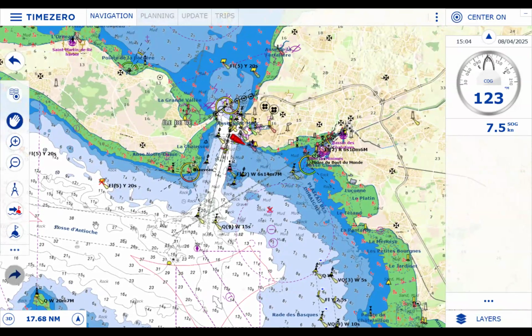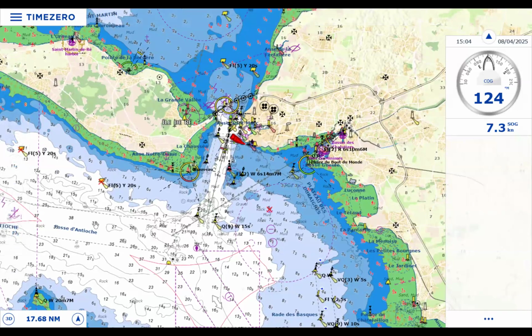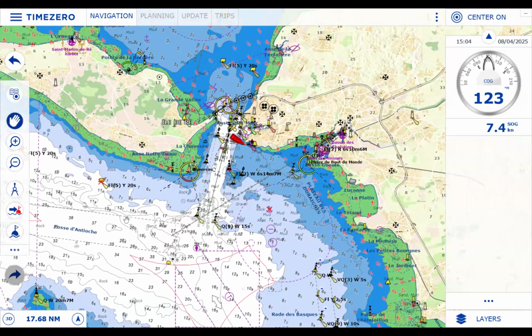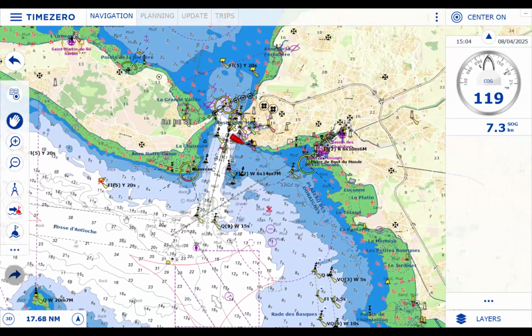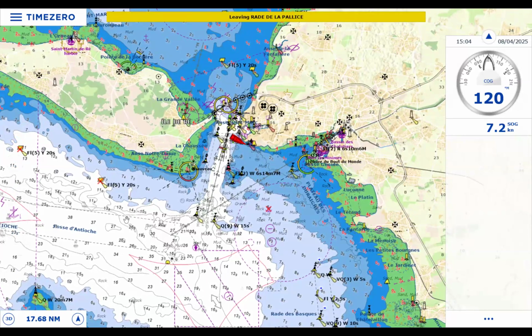Then, what is TZ Maps exactly? So TZ Maps is a new chart format. Before with TimeZero Navigator, you had to buy a former chart format. You had the choice between raster charts and vector charts provided by CMap. But since 2023, we have now our new chart format, which includes not only vector charts, but also raster charts